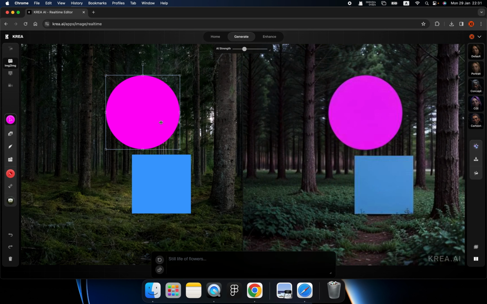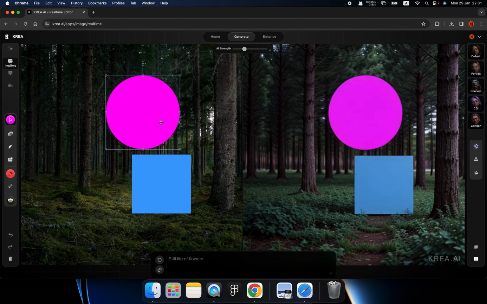So right now it's like 1000 pixels of this image, right? So we can look for higher quality. Click here, send this image to Enhancer. So inside of the Enhance page, we have